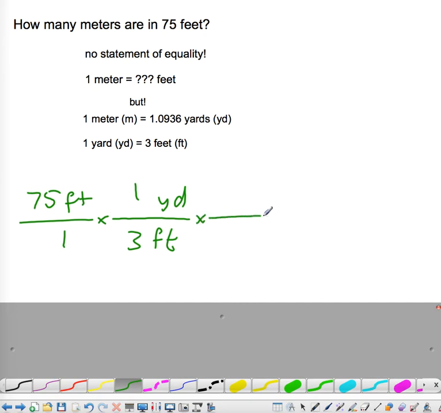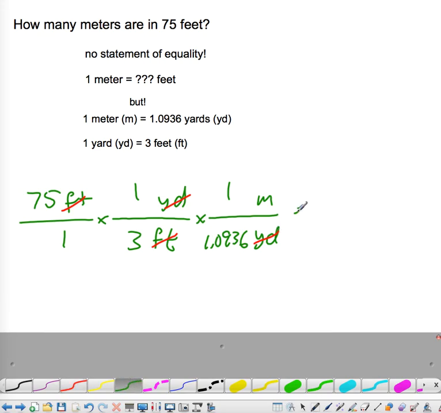And then I can simply add on another fractional conversion factor that will now cancel yards in the denominator and give me meters in the numerator. 1 goes with meter, 1.0936 goes with yards. Unit cancellation works. Feet cancels feet, yard cancels yards, and I'm left with meters. And when I perform the math, I see that I get a value of 22.9 meters, which I'll draw a